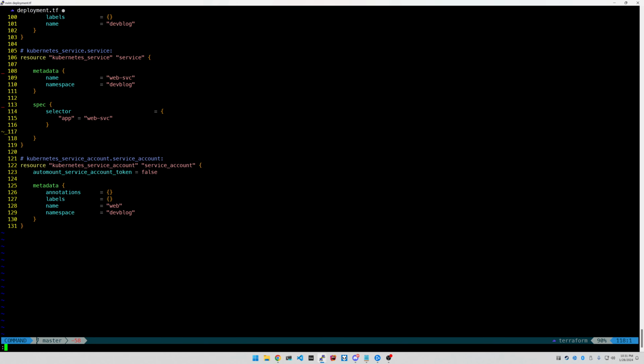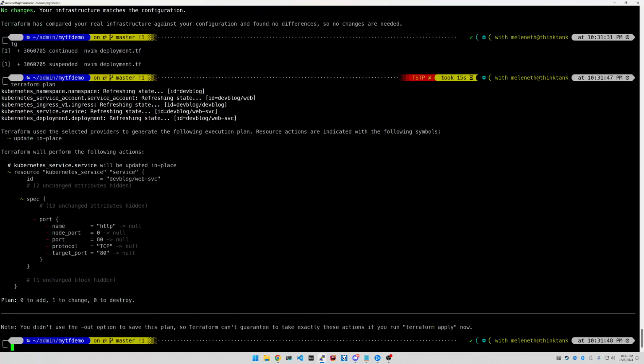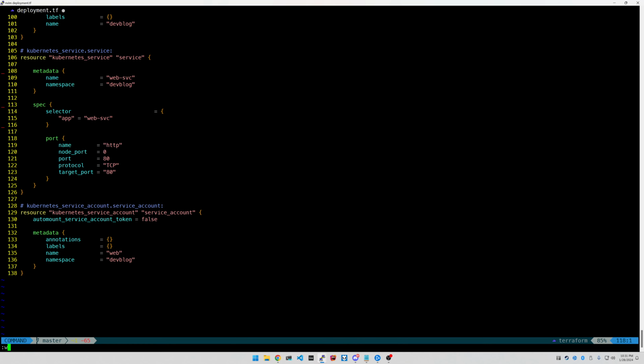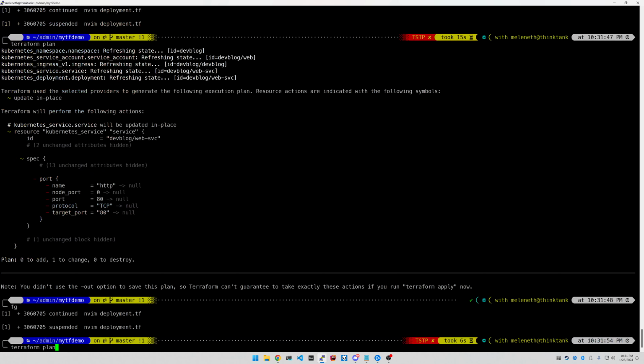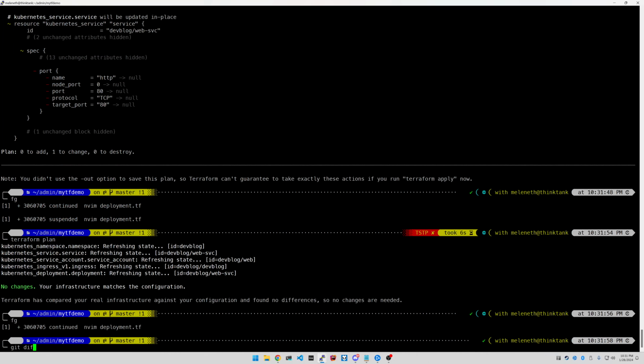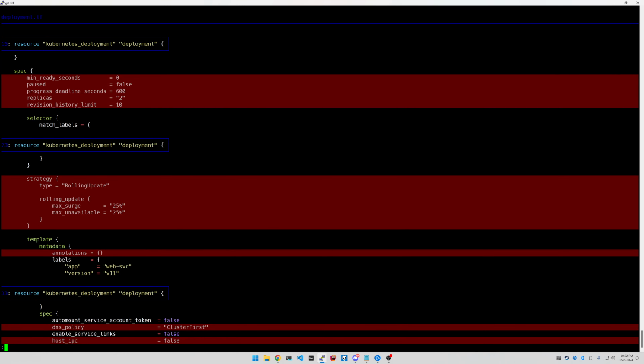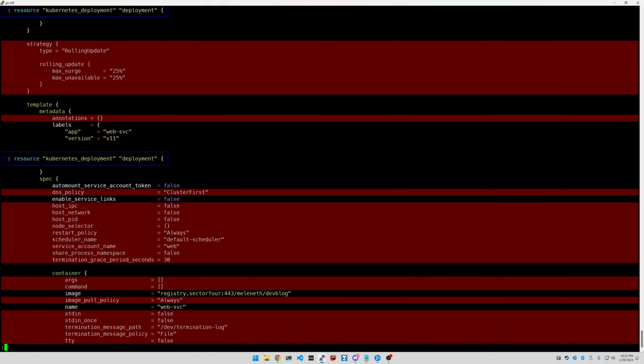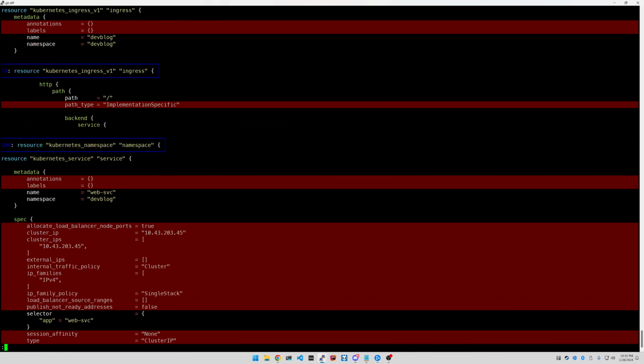I think we're going to need port, but let's check. Yeah, we did indeed. So put that back. Get rid of annotations and labels here. Perfect. So now, if we check git diff, we have removed a large number of lines from our deployment file,